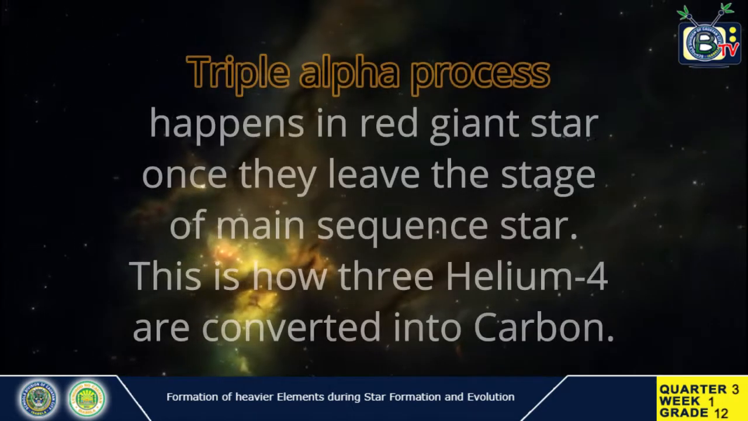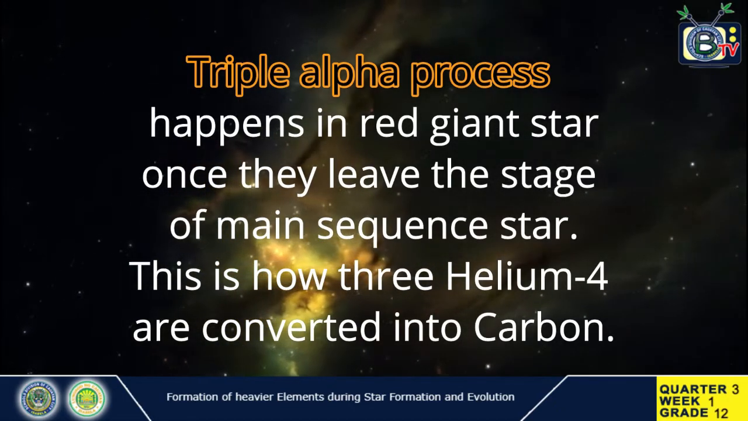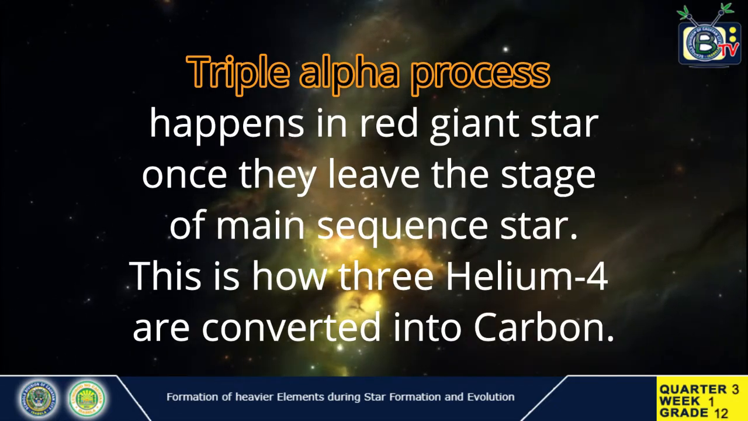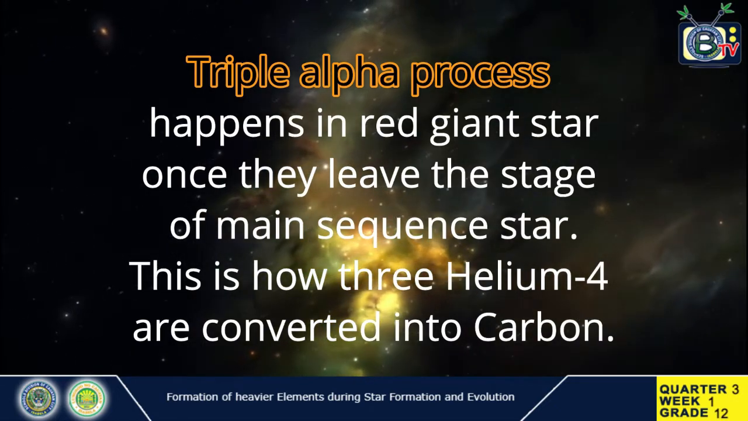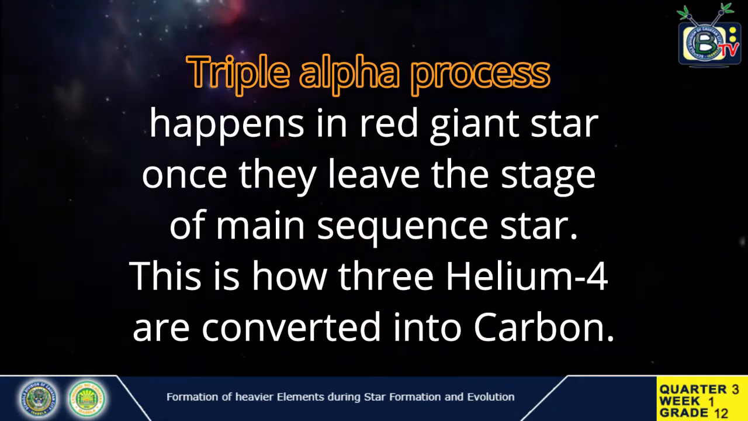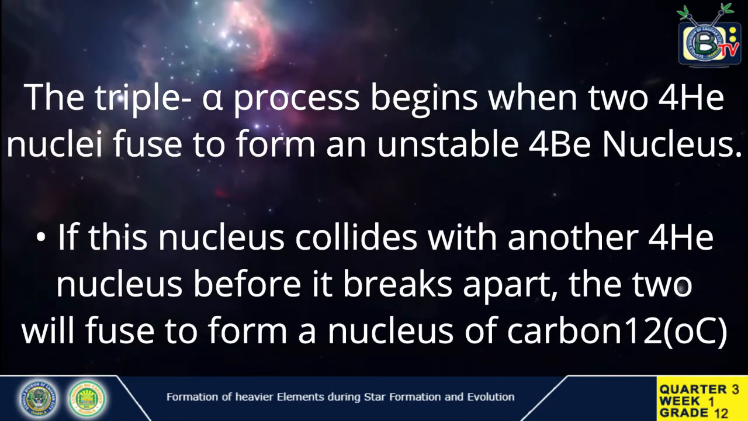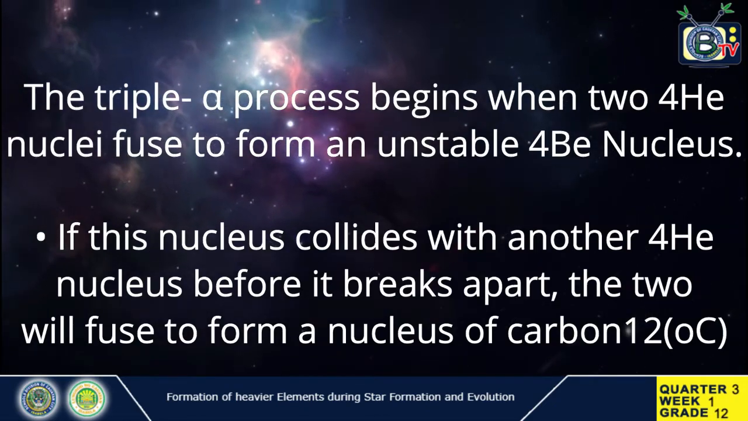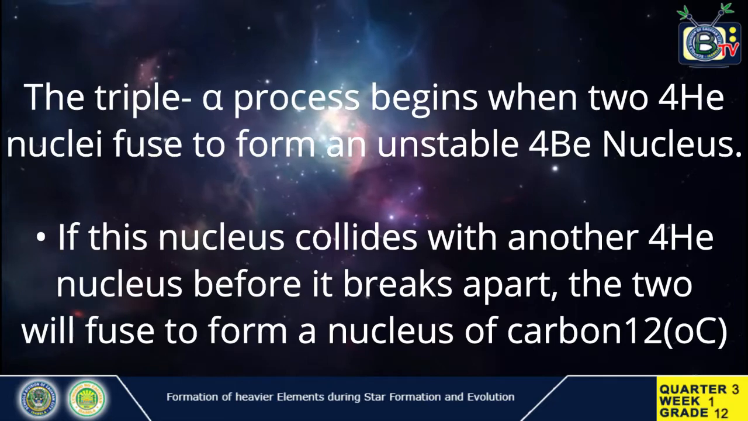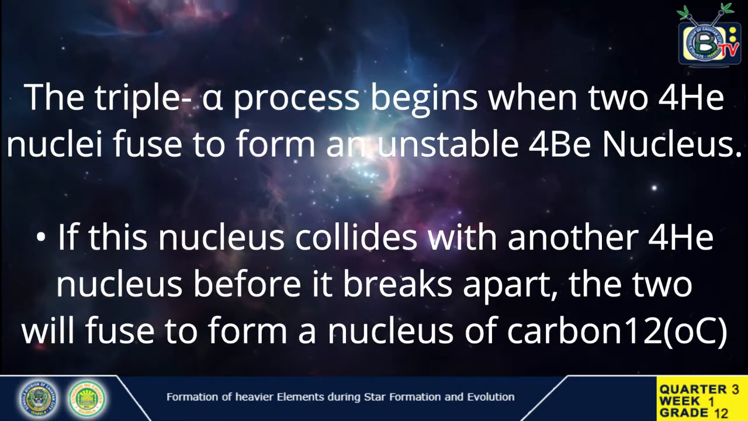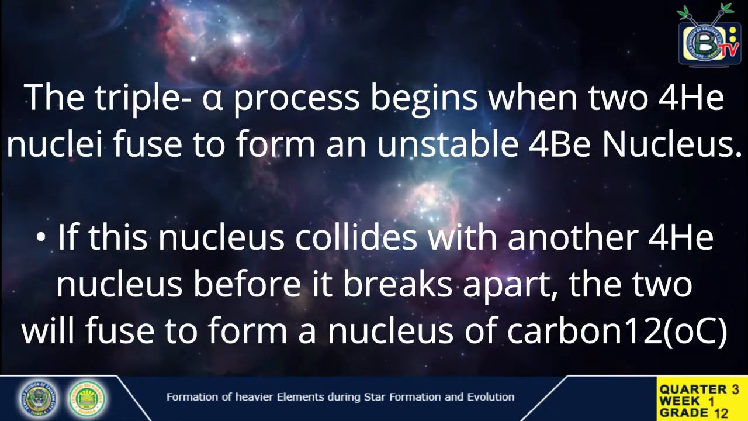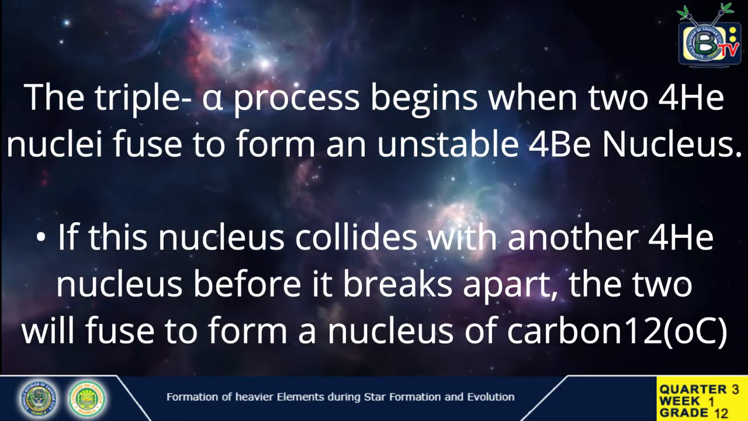Okay, let's move to the triple alpha process. The triple alpha process happens in red giant stars once they leave the stage of main sequence stars. This is how three helium-4 nuclei are converted into carbon. The triple alpha process begins when two helium-4 nuclei fuse to form an unstable beryllium-8 nucleus. If this nucleus collides with another helium-4 nucleus before it breaks apart, the two will fuse to form a